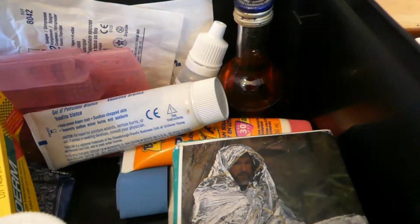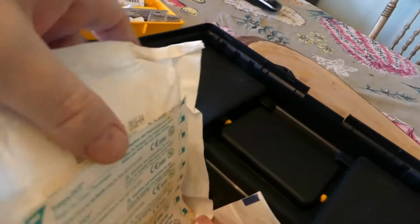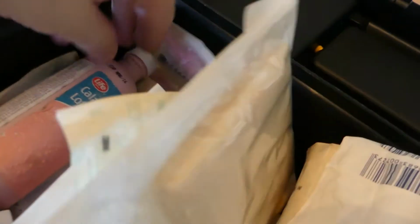Tubes and tubes and tubes of Vaseline, good fire starter I guess. Some gauze. Some temp dots, probably won't work, but you never know, quite a few of them. Eye patches, some insulin syringes, various bits and pieces in here. No needles though, which is interesting. Some calamine. Well, as a first aid kit, it's not bad, but what's the point in having syringes if you don't have any needles? Yeah, so I'm going to keep it